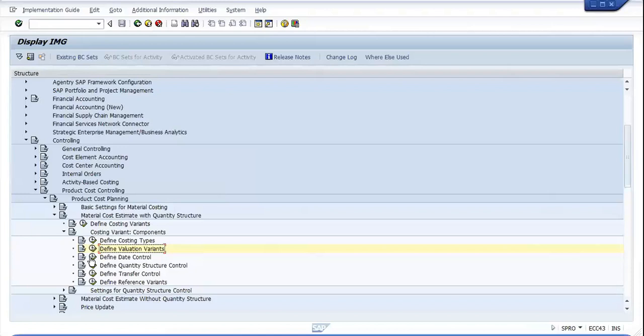It can also be used for product costing, material cost estimate with the quantity structure, sales order, the validity period of the cost estimate, or the date on which the quantity structure is determined, the quantity structure date. So it can be different dates depending on our structure.